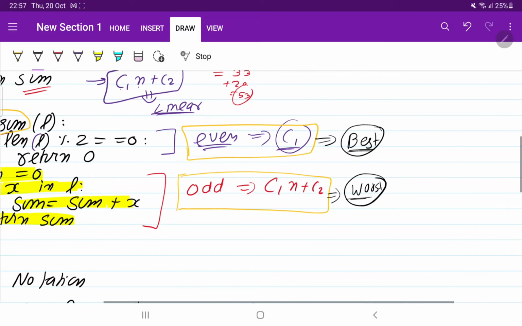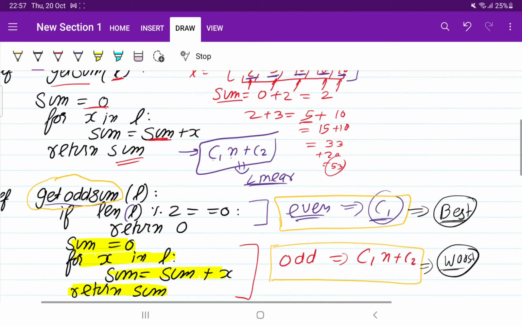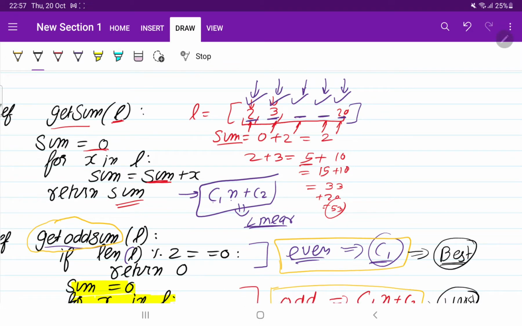Suppose a list is given to you. Let us take one more example. A list is given to you which is not arranged in ascending order. Let's say it has 16 here, here it is 4, here it is 11. Now if I ask you to find the minimum element in the list, what you have to do is traverse the complete list and find the minimum.